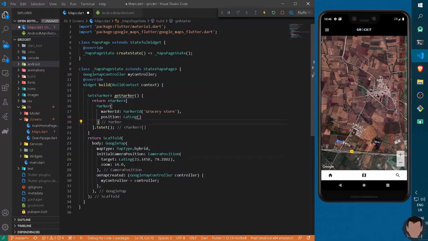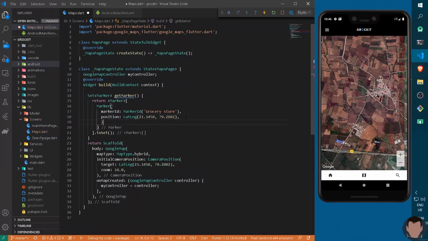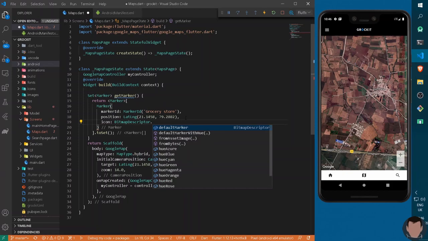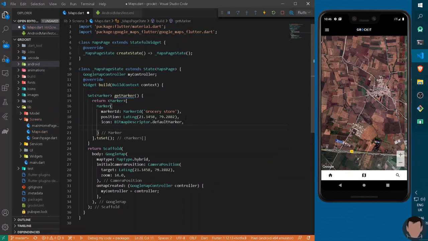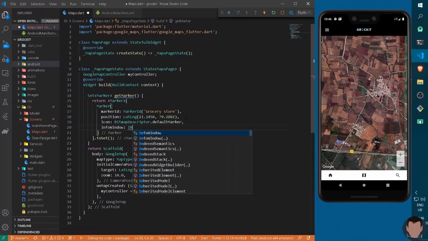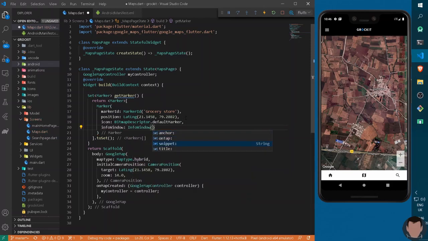Let's copy this random position from here and paste it here. The next thing it will take is an icon, so I can write a BitmapDescriptor. Now it will be a default marker, and the last thing we need is the information about the particular thing. So I can write infoWindow, and it will take a title. Let's name this title shop.